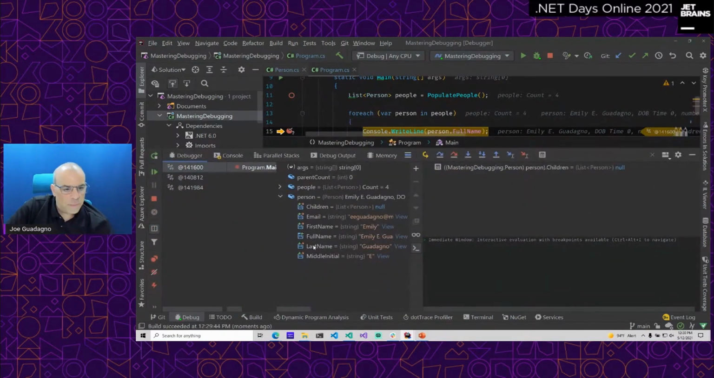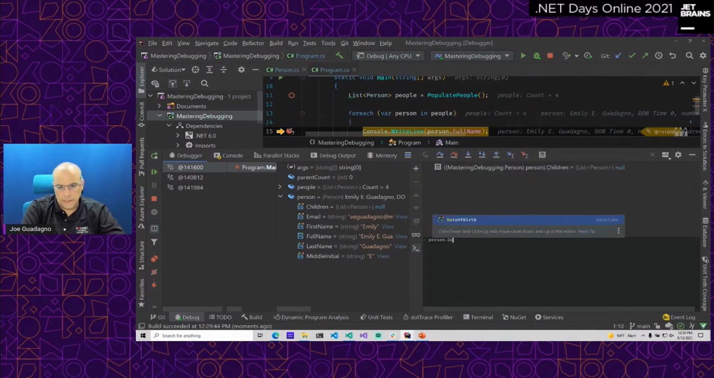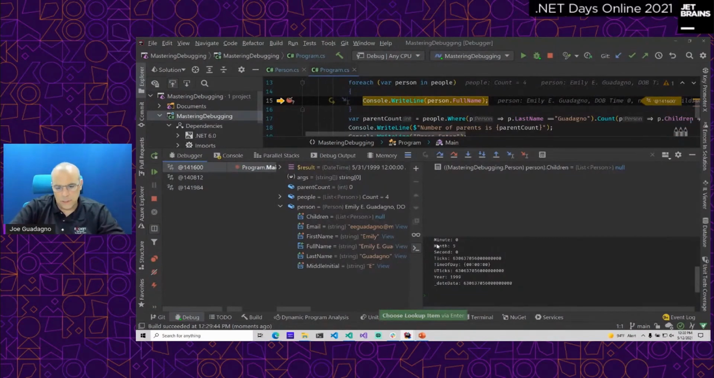I can see that her birthday is no longer here, but if I want to see her birthday, I can go to what's called the immediate window or click on this person right here and then do person dot date of birth. It's still there and still available, so I can hit enter and see it. I could also